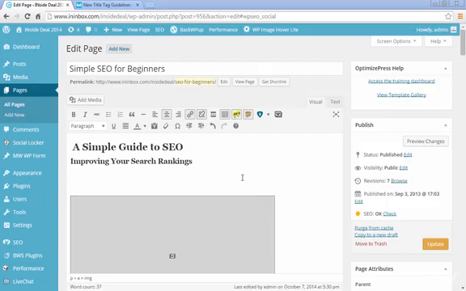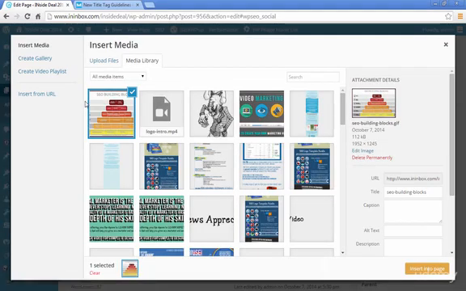So this is the random page I created to show you all about different factors that Google looks at in terms of on-page things: your title, pictures, video integration, all that stuff. So I'm going to use this to show you. I want to talk about alt tags for the pictures and then title tags. So this is the picture I uploaded with the SEO building blocks,